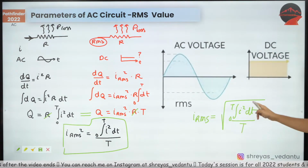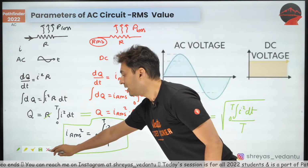So this is a derivation of that. This is what you get. Now, once this is clear,